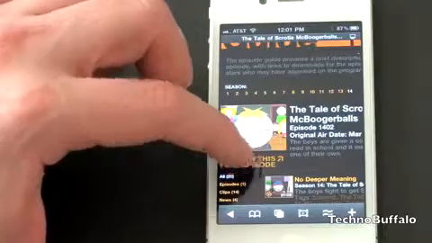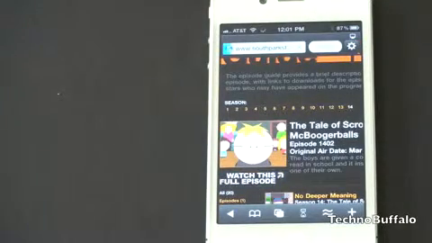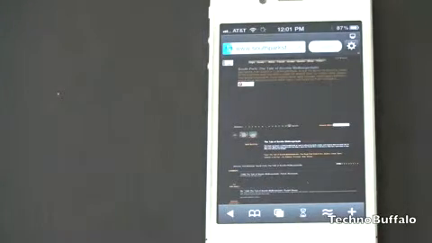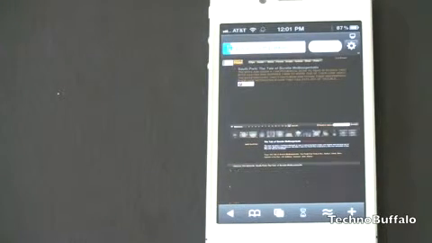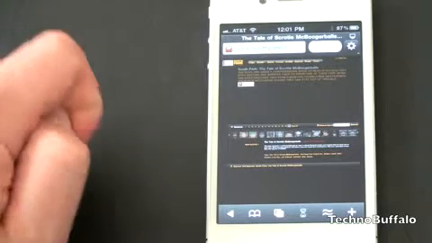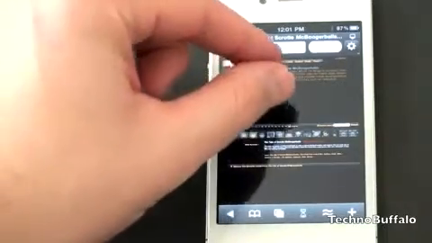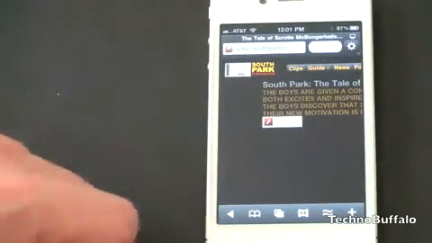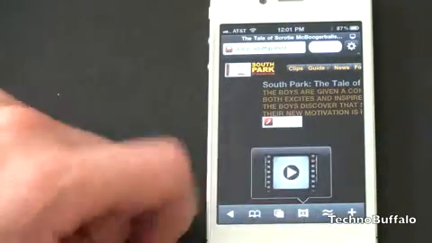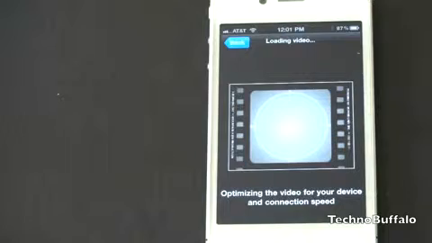You still get the pinch to zoom here. Let's go ahead and find the play button. Watch this episode. There we go. This is a tale of Scrooge McBoogerballs. And you get the big Flash notification there. Let's go ahead and see if this is going to play. We've all become very familiar now with seeing that "not equipped to play on an iPhone," but that did pop up, and I do have this icon. Let's go ahead and see if this is going to work, and I'm just going to play a second of it here. I don't want to get in any sort of issue, but I just want to show you that